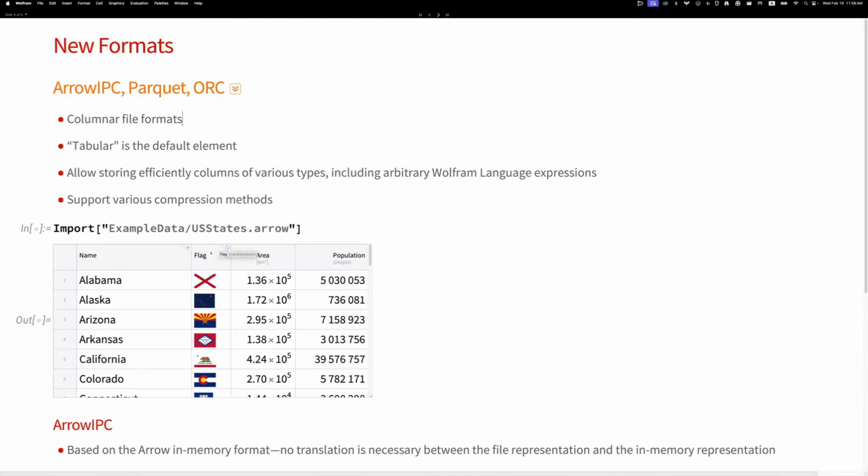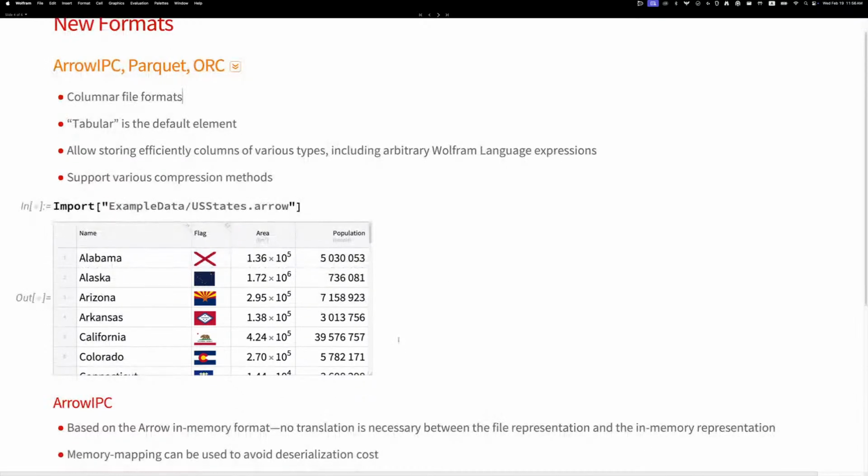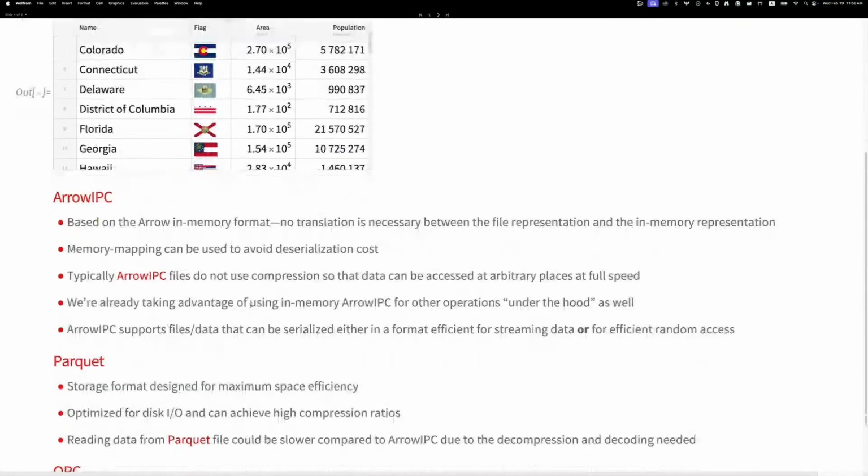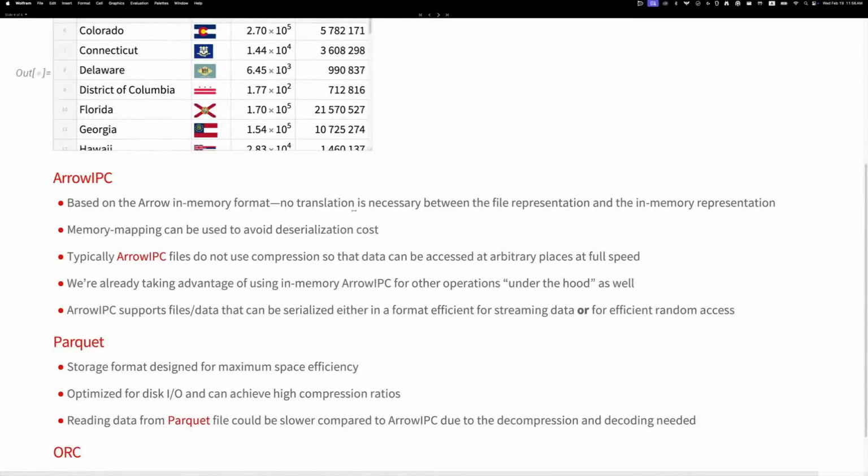So here you'll see that this flag column is an inert expression indicated by this little blue bracket badge in the corner. And these are actually Wolfram Language graphics. And string columns will be indicated by these little double quotes. The other columns will be kind of obvious in the fact that they're either numbers or have some sort of unit. Now, if we go down to Arrow IPC, this is based on the Arrow in-memory format,